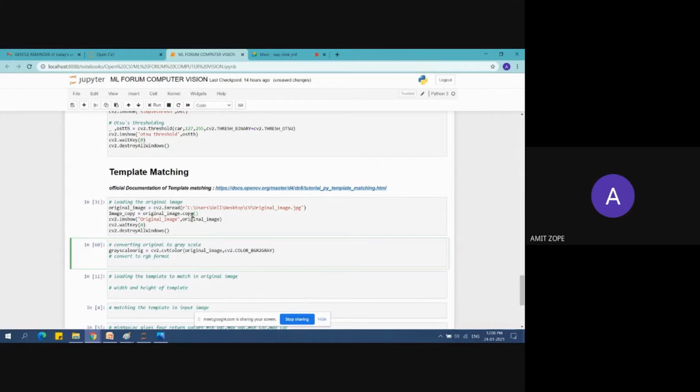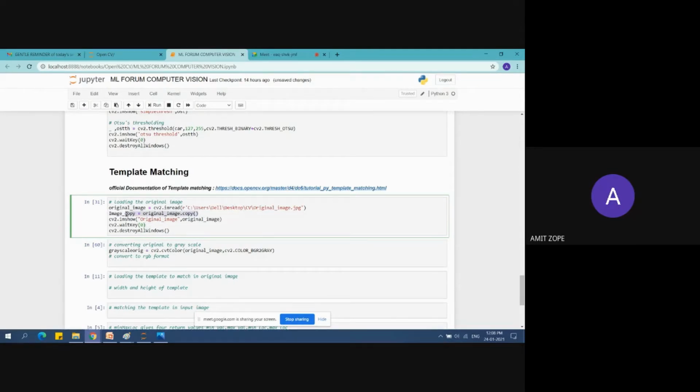I prefer the RGB format, so I will convert this image copy. In this cell I had read the original image, that snail image, and kept a copy of it so that I will be able to draw a rectangle on this copy.